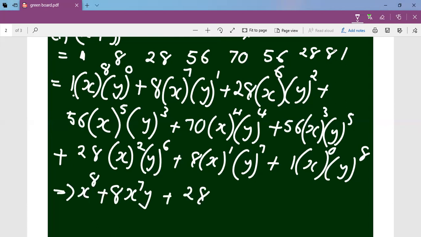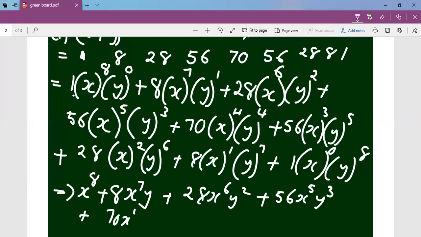Plus 28 x to the power 6, y to the power 2. I hope now you're able to pick it. Plus 56, x to the power 5, y to the power 3. Plus 70, x to the power 4, y to the power 4. Plus 56, x to the power 3 plus y to the power 5. Plus 28,